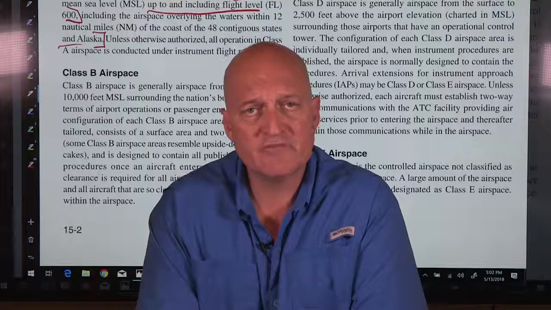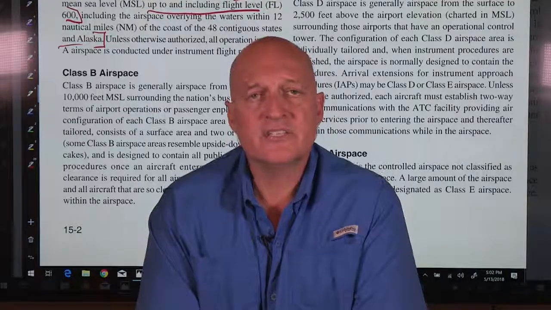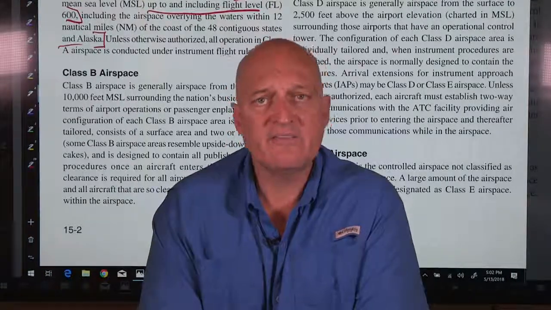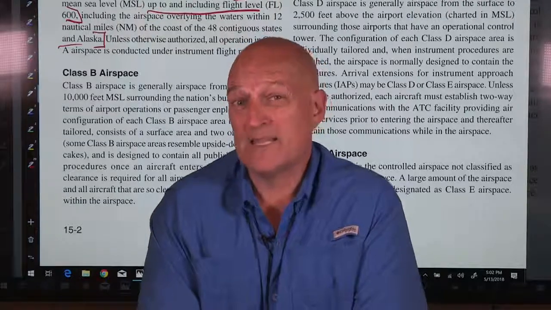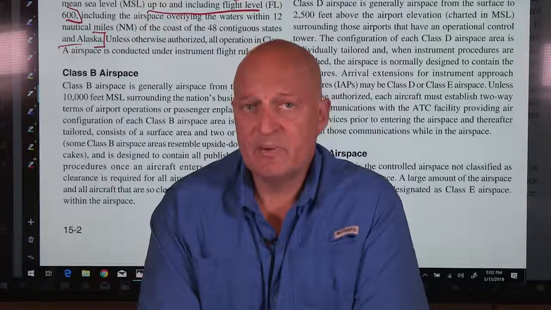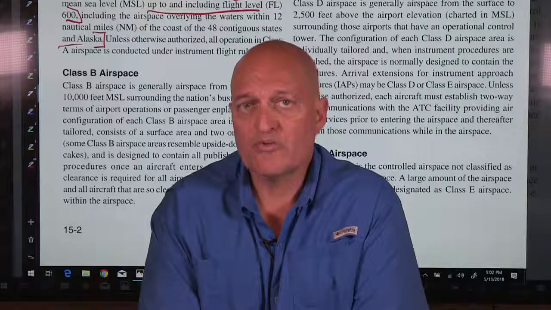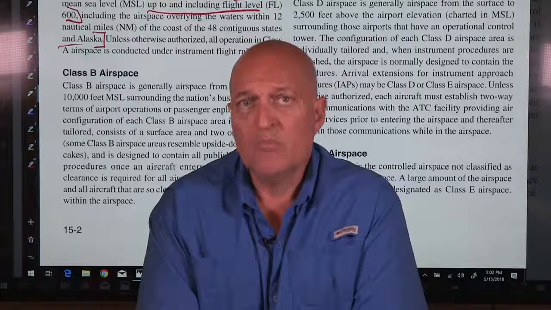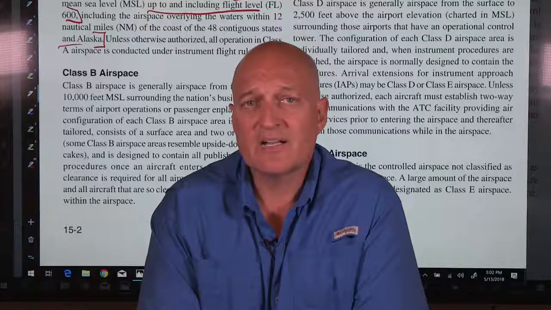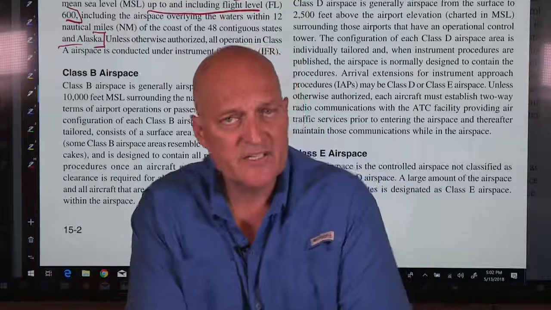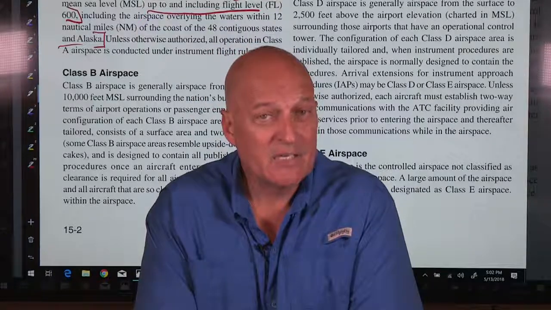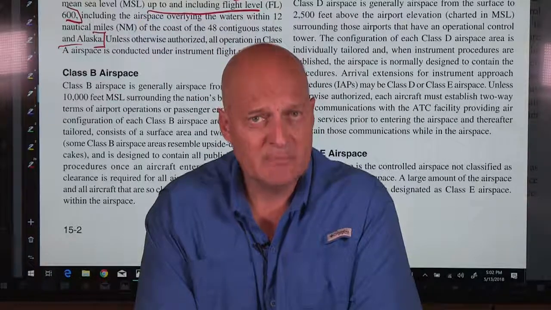on an instrument flight plan. You can't just say, okay, I'm up here flying around VFR, now I'm going to fly IFR. Doesn't quite work like that. You have to have a flight plan and you have to get permission in order for that to happen. So that's the big things about Class Alpha airspace. 18,000 feet to 60,000 feet, and you've got to be on an IFR flight plan to be up there, okay?